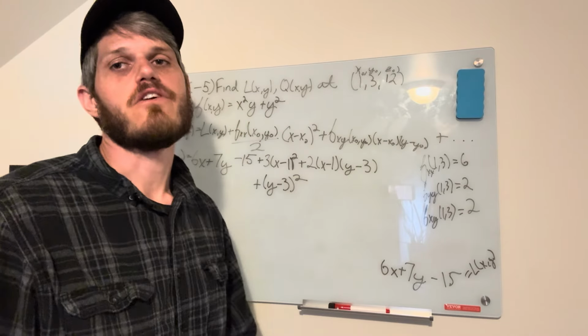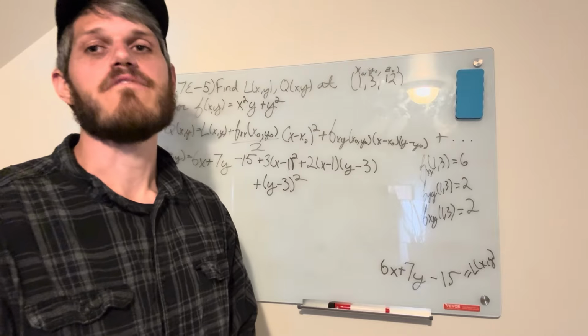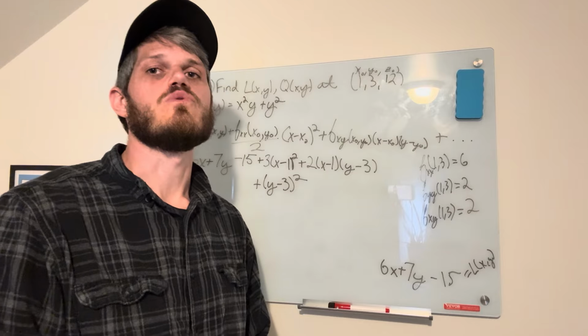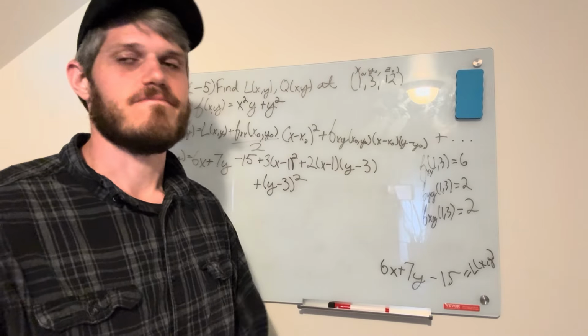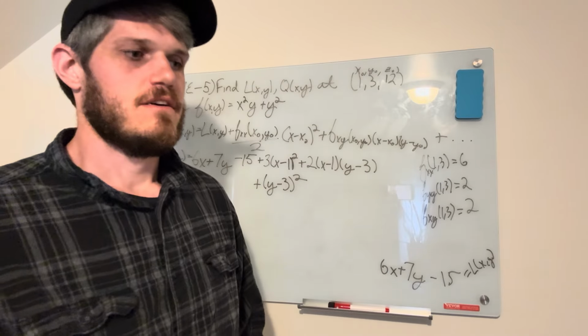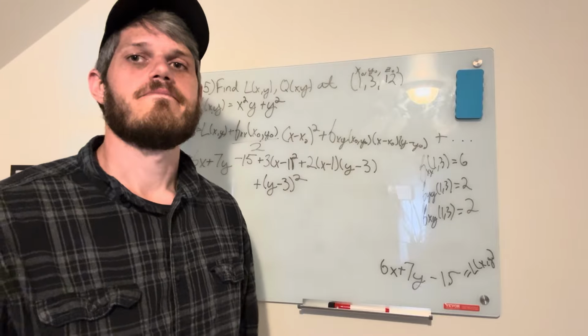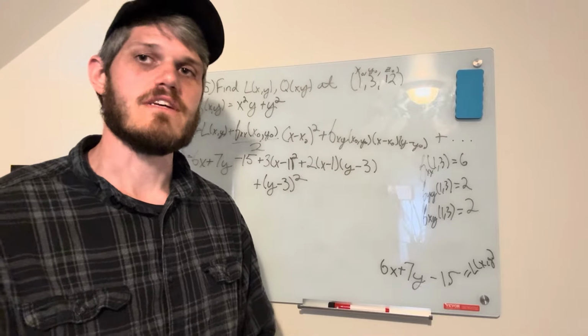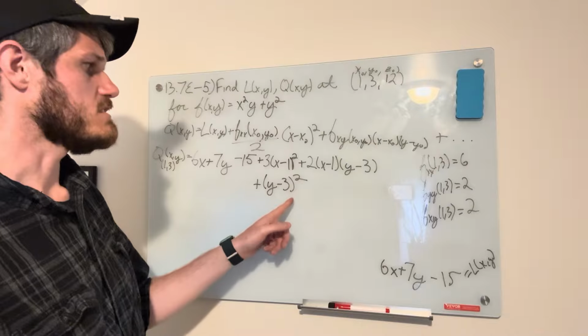But there are functions that are harder to deal with that you might have numerical methods to approximate at a point. This is one of those methods where you can get something that will be a correct enough answer for whatever you're trying to do. And it's not going to be the perfect answer or the exact answer, but it's going to be a heck of a lot easier to work with,